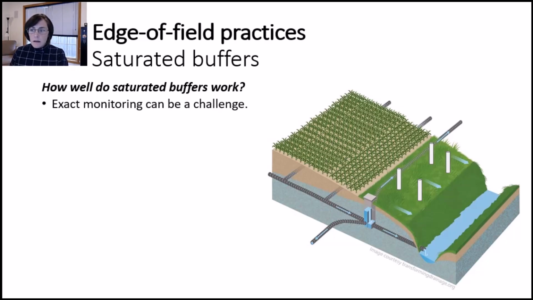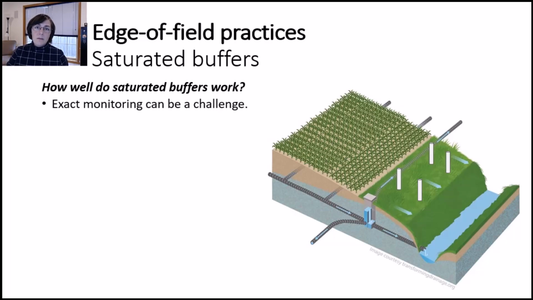This tends to be a pretty good assumption, but it is still just that. It's an assumption. It's relatively easy to monitor how much water gets diverted into the buffer with our flow monitoring, and it's relatively easy to estimate how much water bypasses straight to the creek, also with flow monitoring. That's relatively easy and relatively cheap. And by assuming all the nitrate that gets diverted into the buffer itself gets denitrified, you can estimate the nitrogen loss reduction simply from the percentage of water that was routed into the buffer.